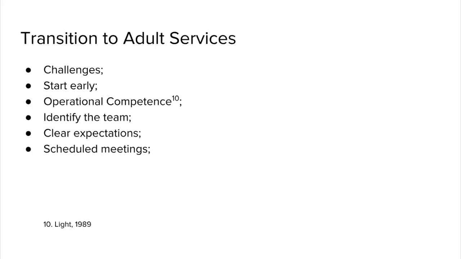Now, I had some experiences with transitioning people into adult settings, and it really made me think about, right from the beginning, especially when I'm starting a trial with somebody who's an adolescent or in their teens, how do we set them up for success when they get out of there. And one of the ways we do that is through what's called operational competence. That's a term coined by Janice Light, and it's a fancy way of saying the ability to manage their own device. So do they know when the power's low? Can they plug it in? Not everybody's going to get there, but those are important skills to focus on.